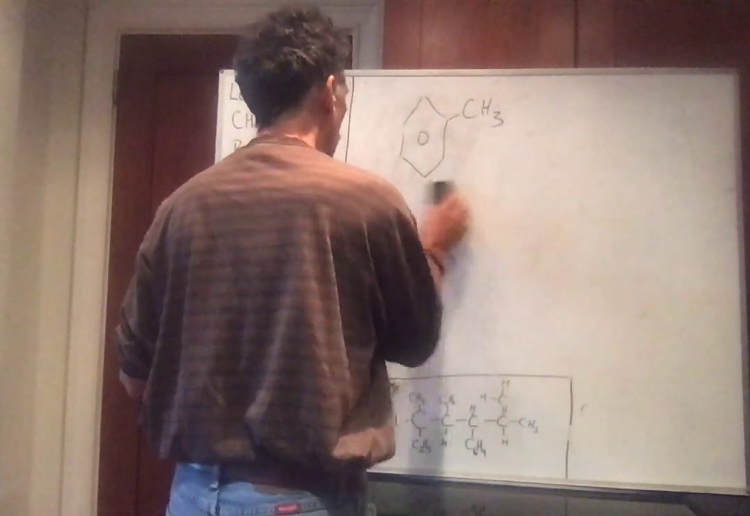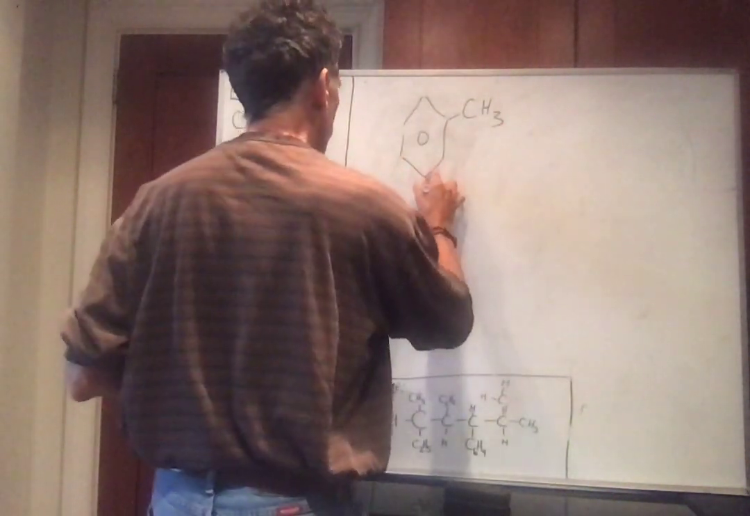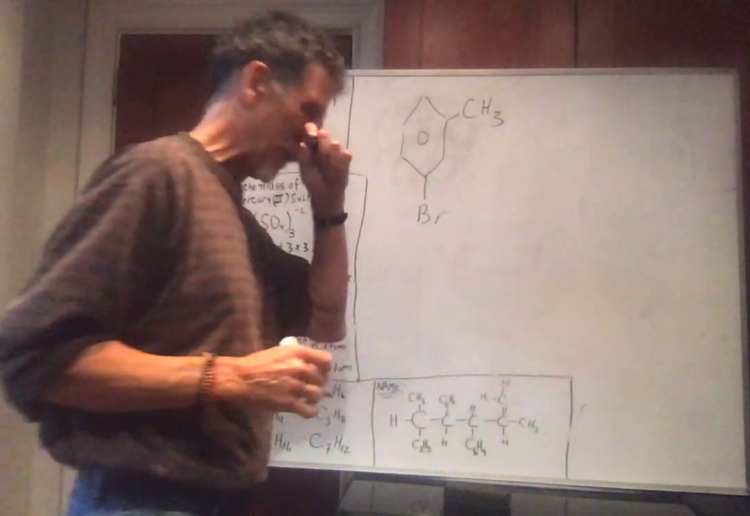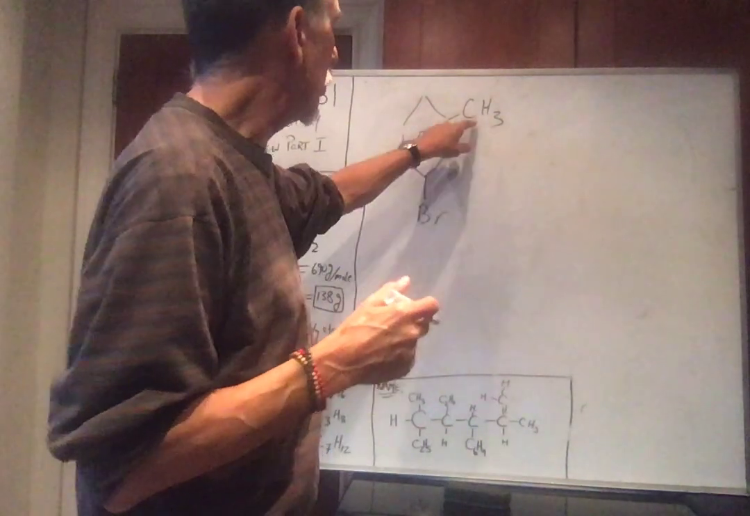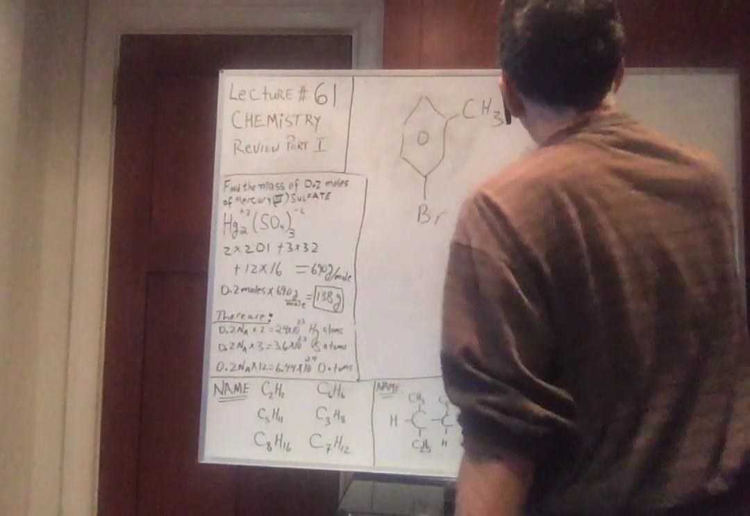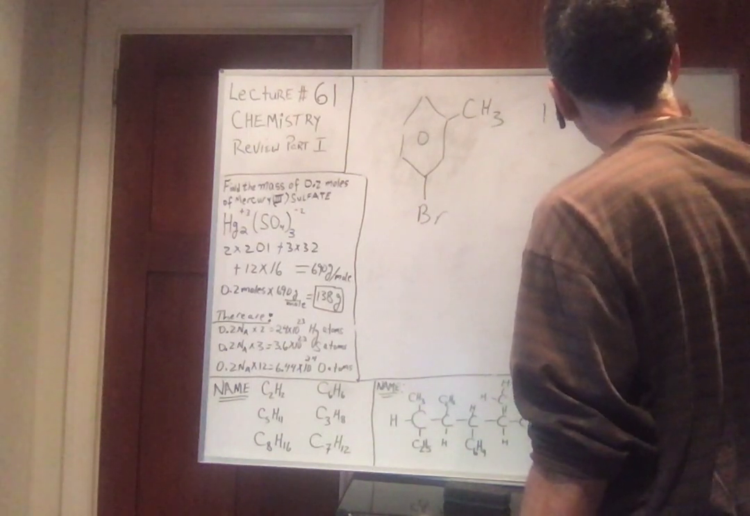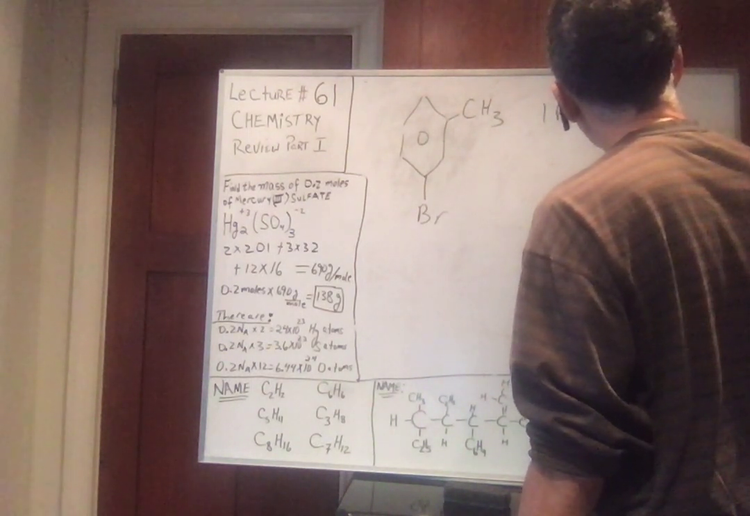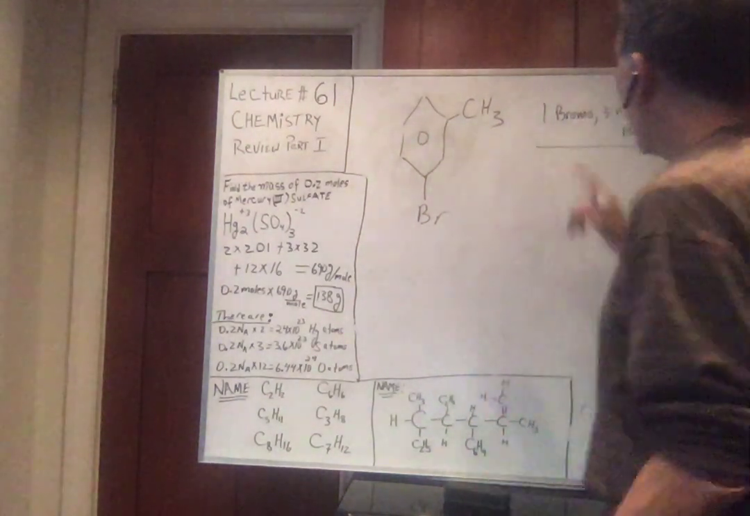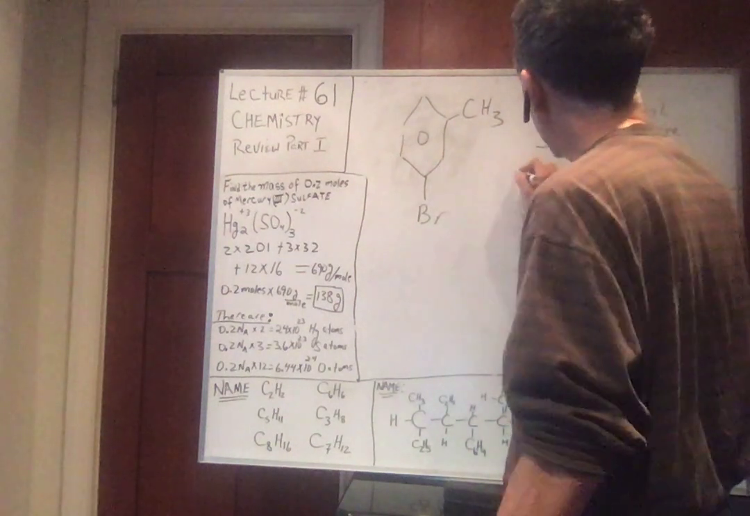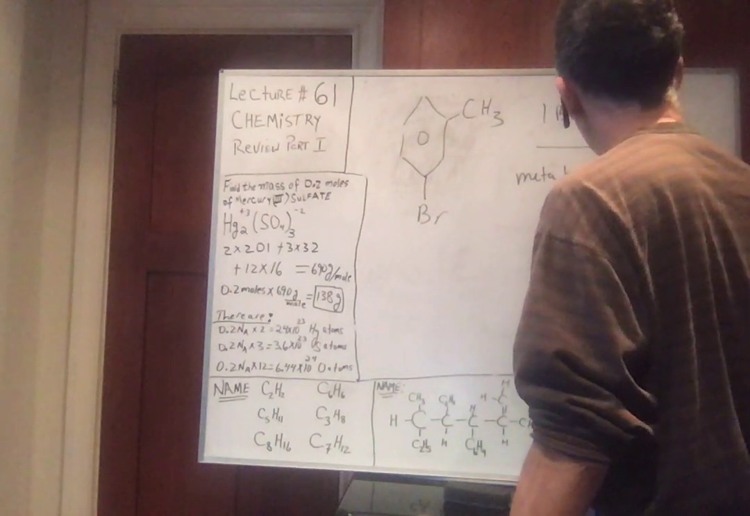So let's just say I put something like this, bromine here. Okay? Well, I could name this a couple things. Bromine, methyl, right? So it would be 1 bromo, 3 methyl benzene. That's correct. Okay? I could call it, because you skip one, I could say meta bromo methyl